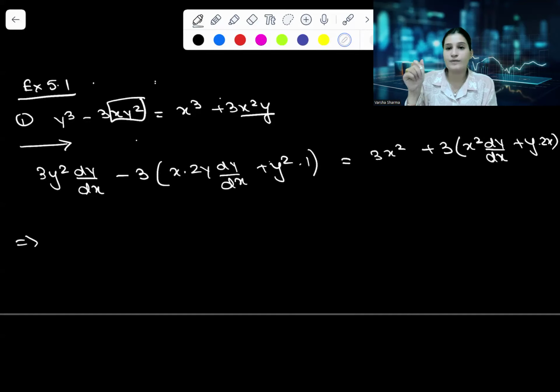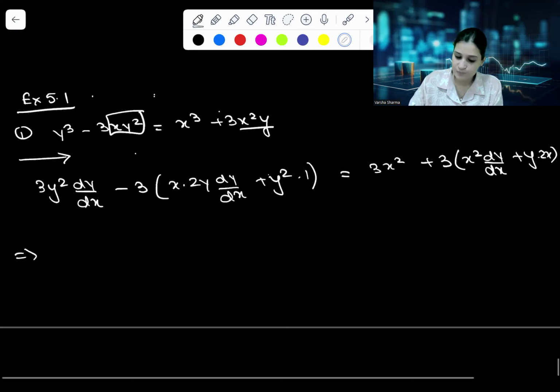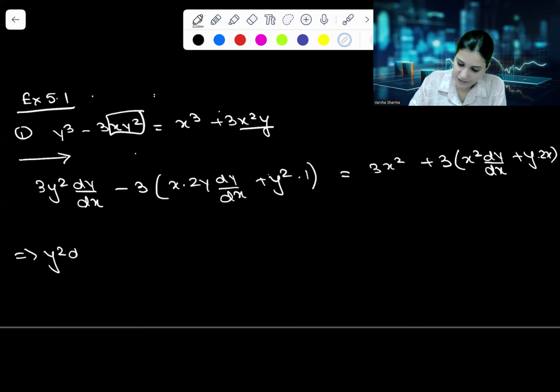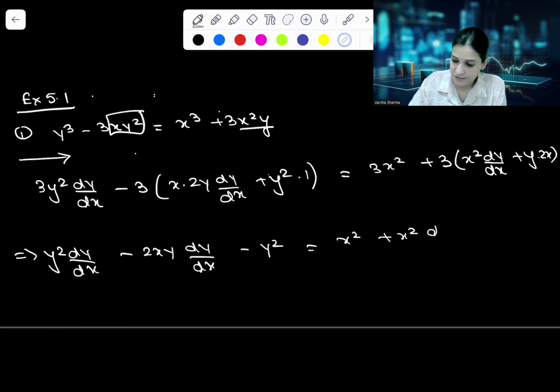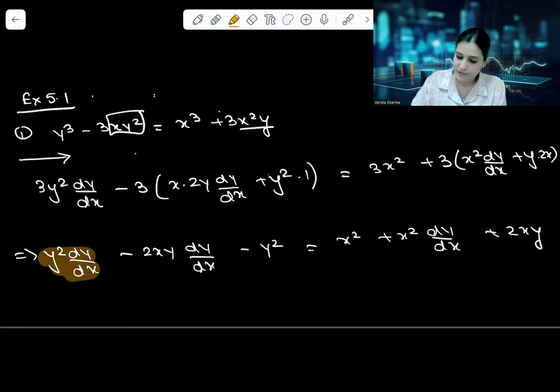All the terms have 3, so we can take it common and cancel out. y square dy by dx minus 2xy dy by dx minus y square equals x square plus x square dy by dx plus 2xy. So now the terms that contain dy by dx, let's keep them on one side, and